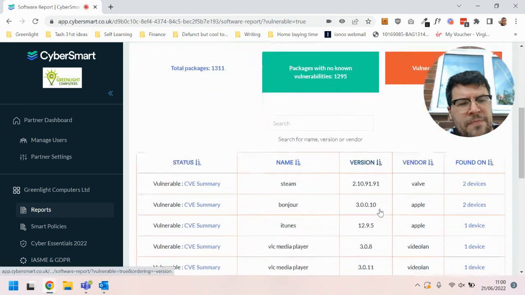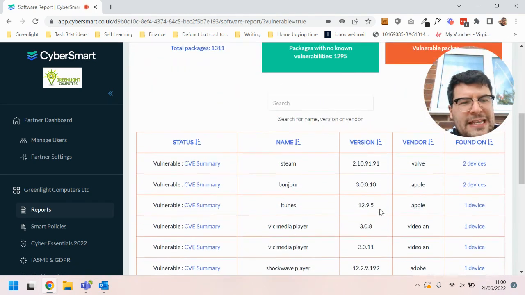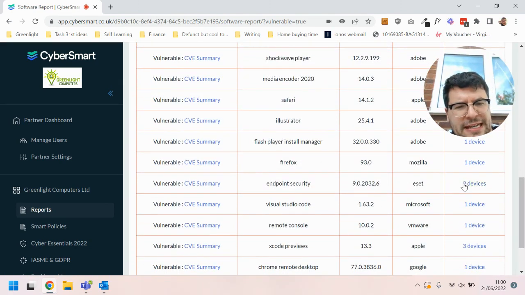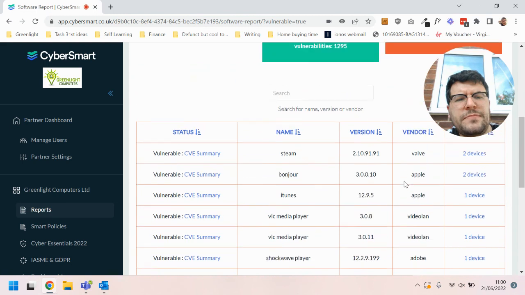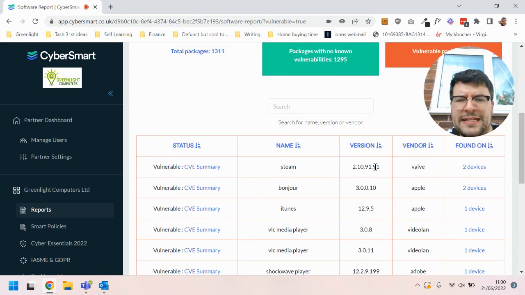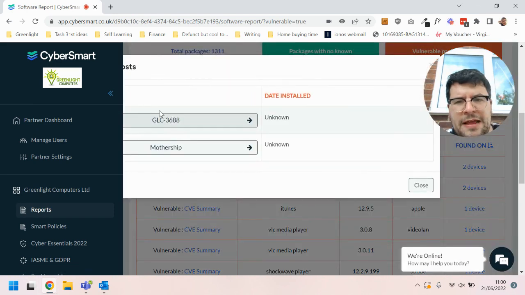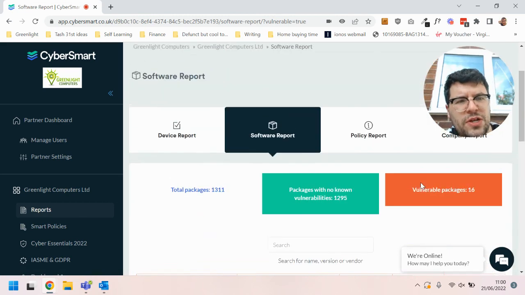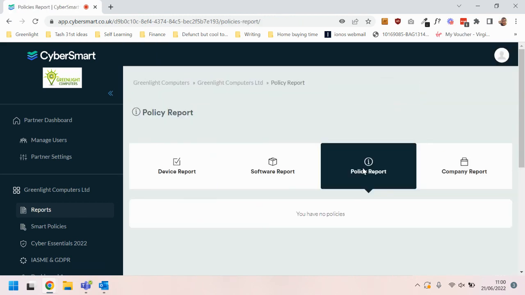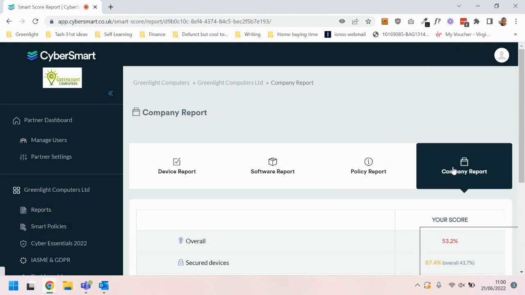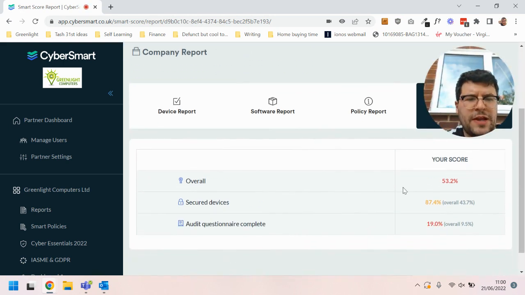You can click on this, and it shows we have 16 pieces of software within the company, and then you can burrow down into the exact device. The version numbers, basically they're saying they're out of date. So we can click on, say, this person that has Steam. We can go to this user, and ask them to update to make sure they're fully secure. Policy reports, we'll come on to that in a second. We don't currently have any policies, but that's a nice thing to touch upon. Company report, this is where you get the overall score. So we can see that as a whole,